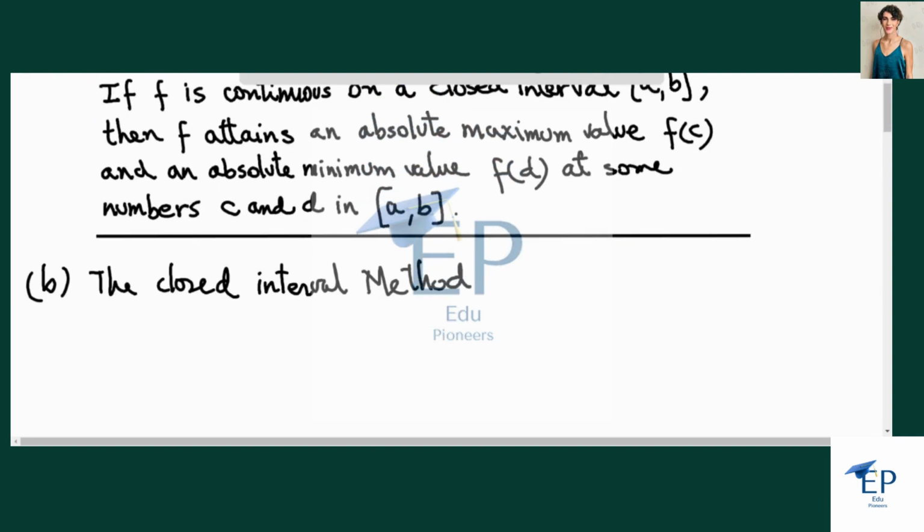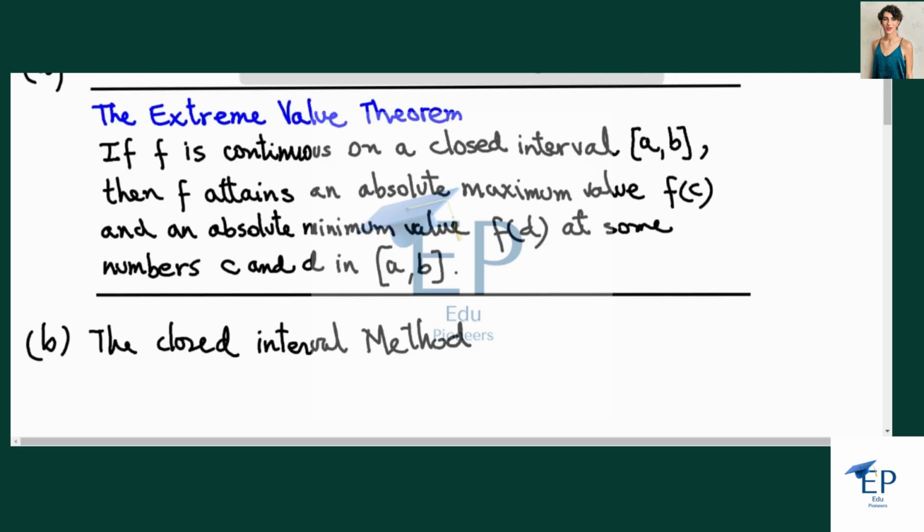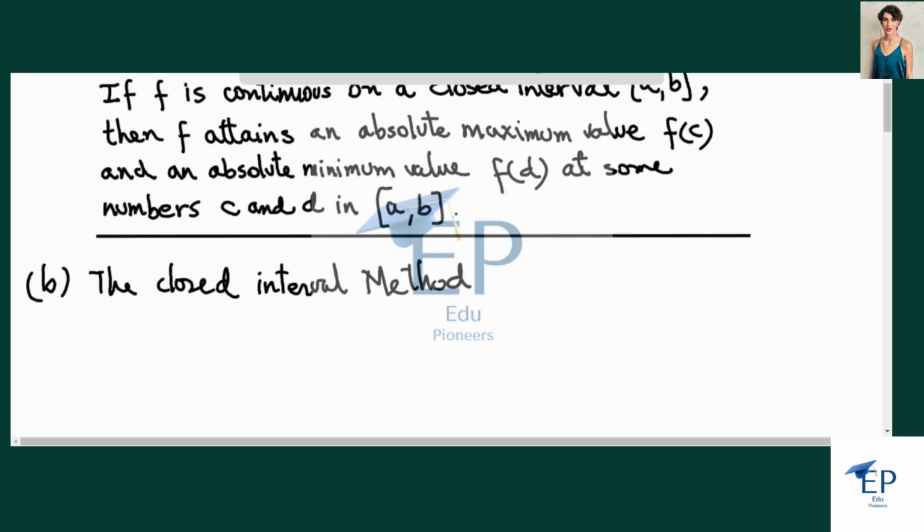Under the assumptions of the extreme value theorem, that is, a function is continuous on a closed interval, what we do first, step one, is find the values of f